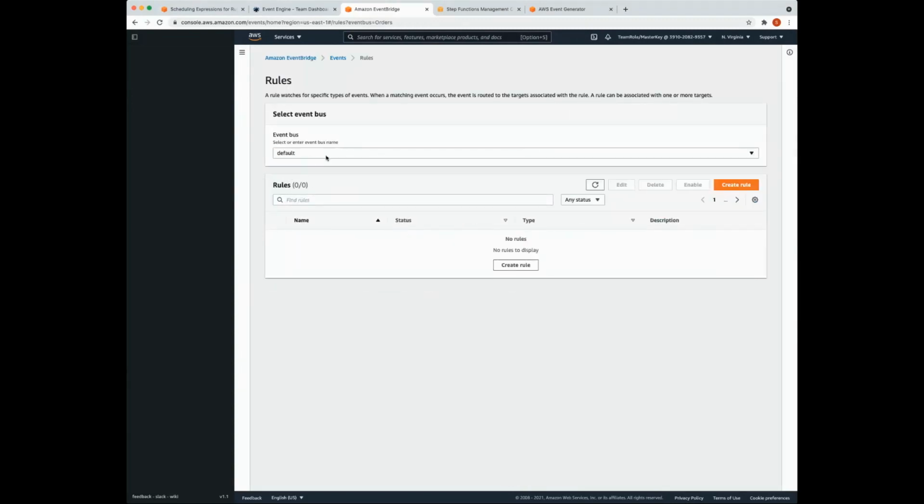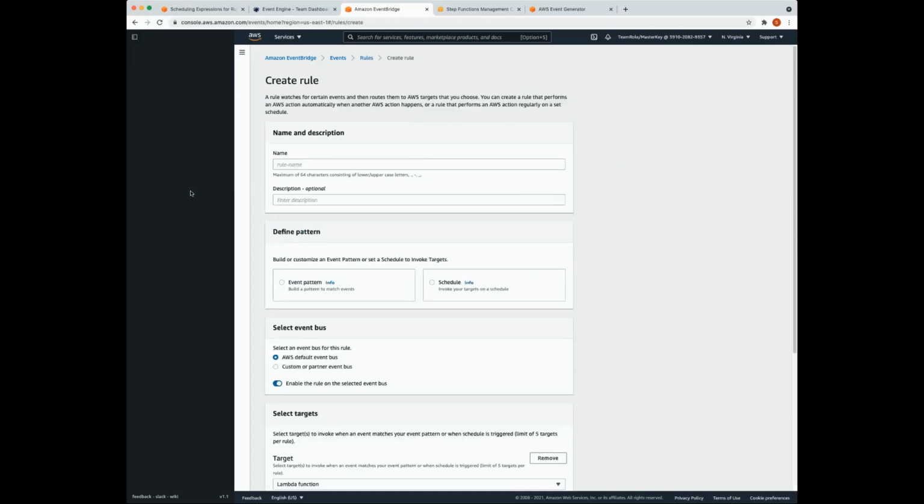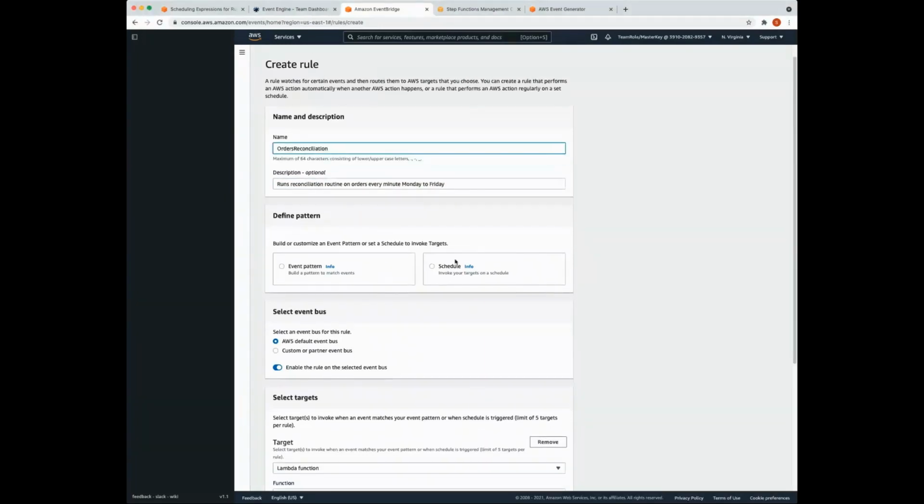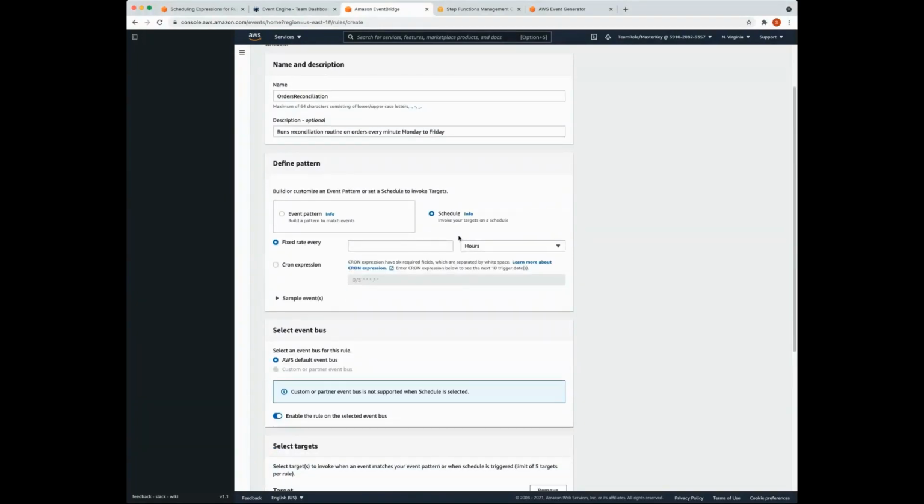All right, so we're back to the default event bus. So it's not the orders bus as we did in the previous examples. And we're going to create a rule once more. Let's quickly jump through these things here.